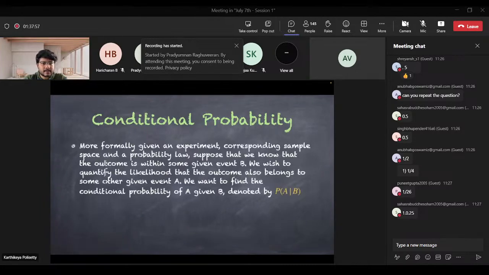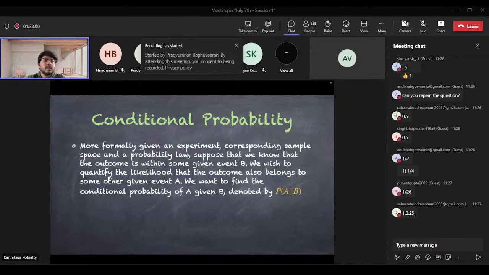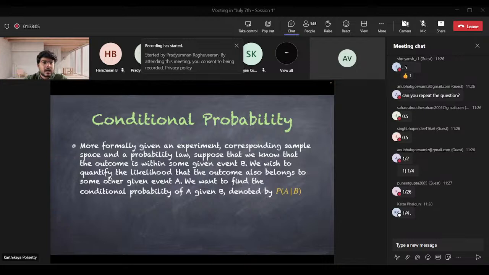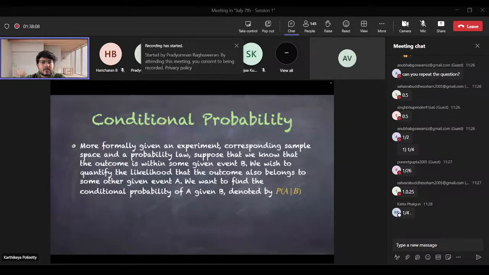Conditional probability. More formally, in a given experiment corresponding to a sample space and a probability law, suppose that we know that the outcome is within some given event B. We wish to quantify the likelihood that the outcome also belongs to some other given event A. We want to find the conditional probability of A given B, denoted by P of A given B. So, what does this entire